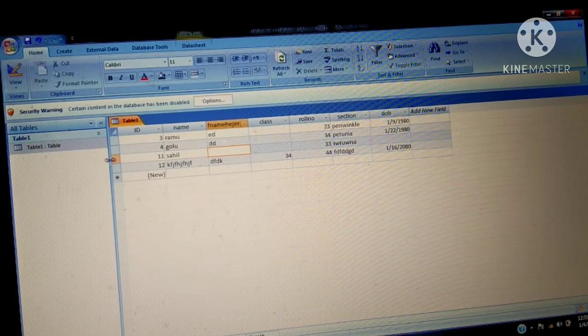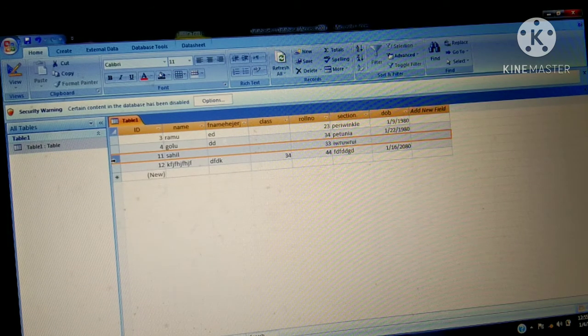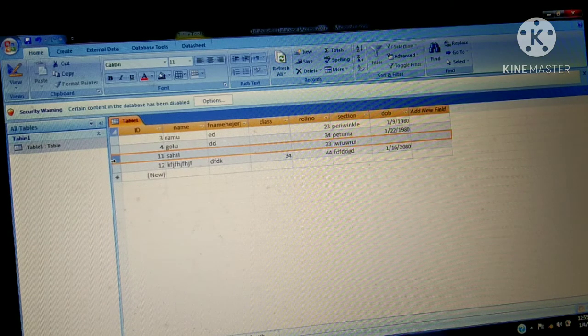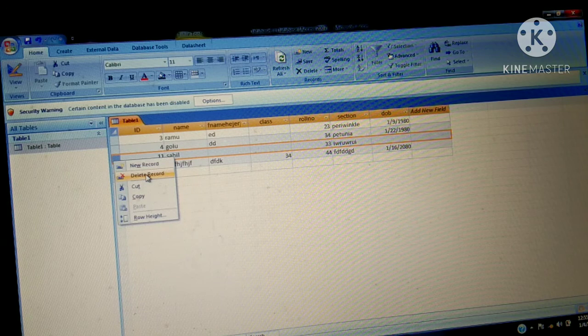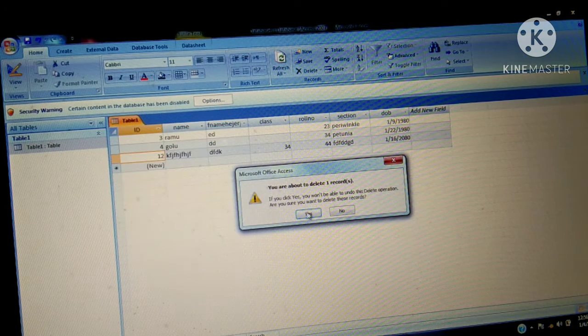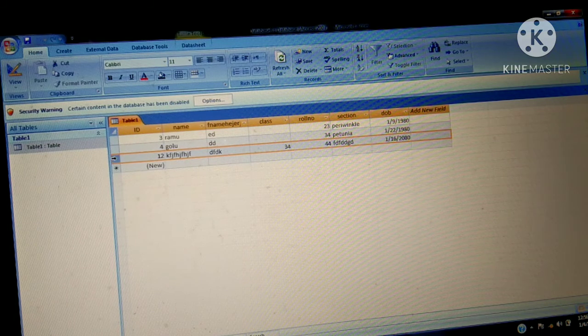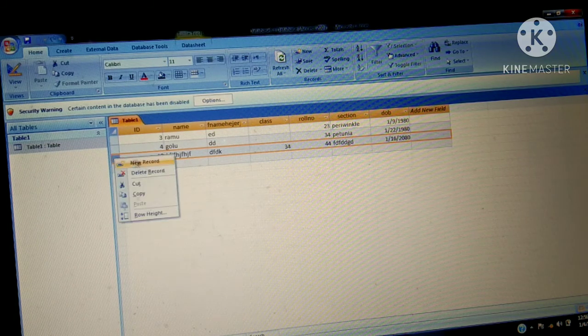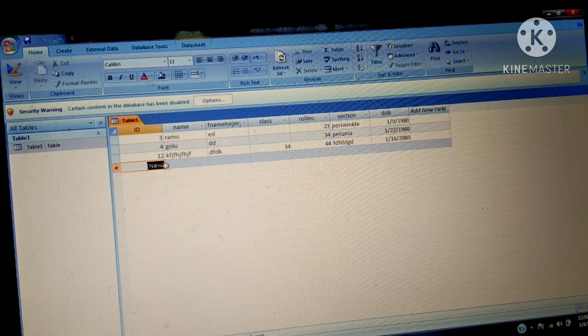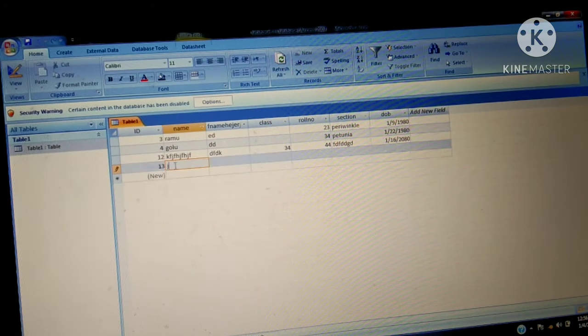This one is my record. This child has taken a TC. I want to remove this record, so I will delete it. You first select the record and then right click. Here is the option Delete Record. When I click Delete Record, that specific record will be removed. If you want to insert any record, the database will always insert a new record at the end. Right click, and when you click on New Record, your cursor will blink at the end. Now you will insert your record. Like this you will insert your record.